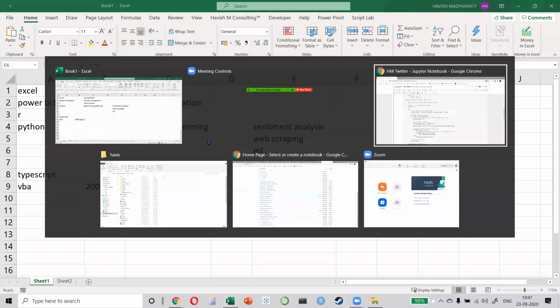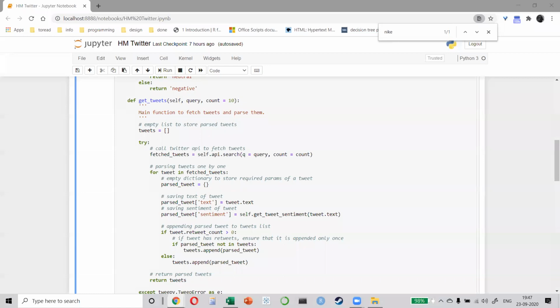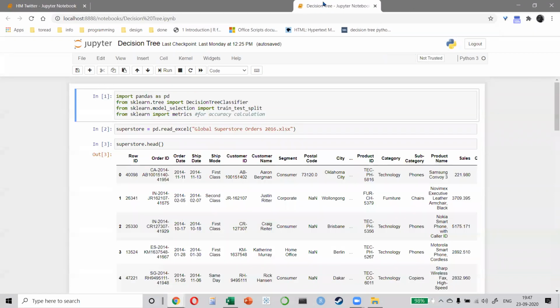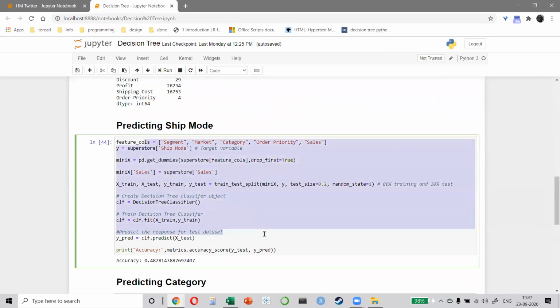Also, you can do machine learning. Let me just give you a simple example. A student from IMI is doing his live project with me. He has created this example on what is called a decision tree. Basically, we've taken a data set and we are applying our regression model.